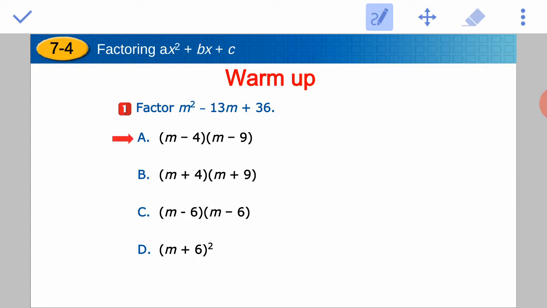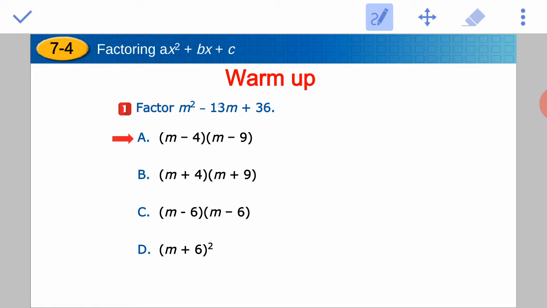Yes, the correct factoring of this trinomial is choice A, m minus 4 times m minus 9. How is that? You look at the last sign. If the last sign is positive, the two signs are similar to the middle one. The middle one is negative, so negative, negative. The factoring of m squared is always m times m. There are many ways to factor 36, but we're looking for a pair of factors